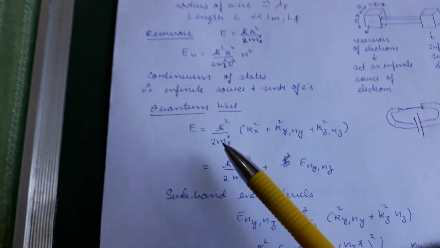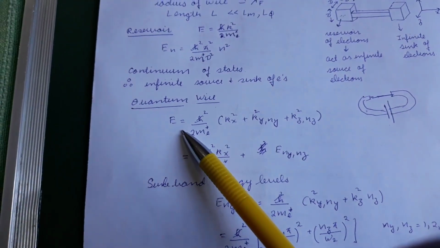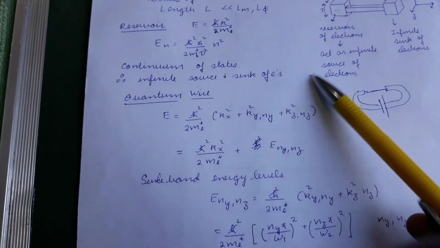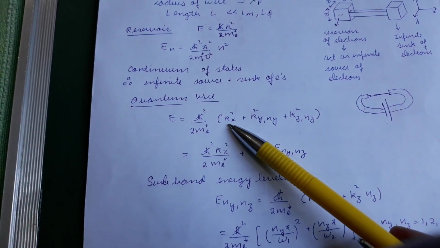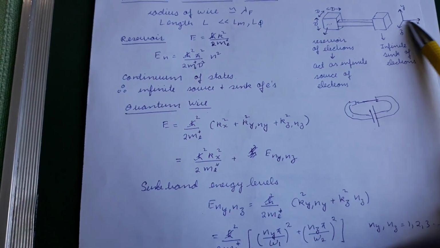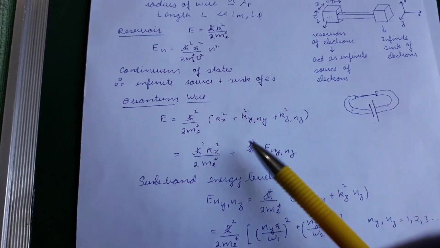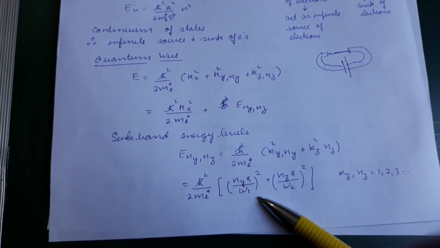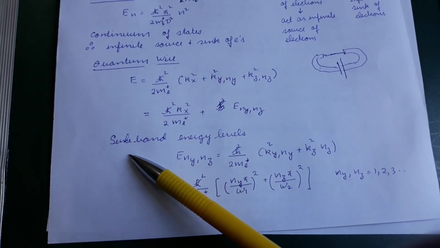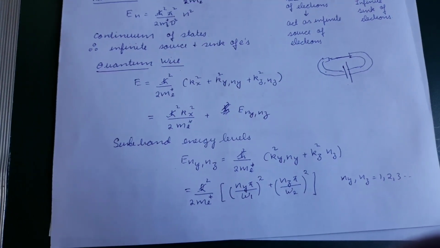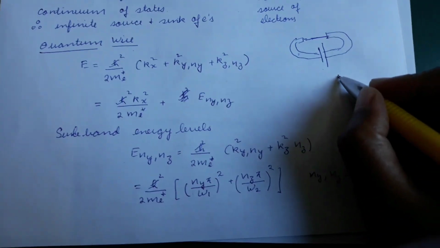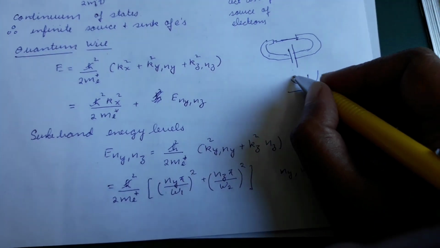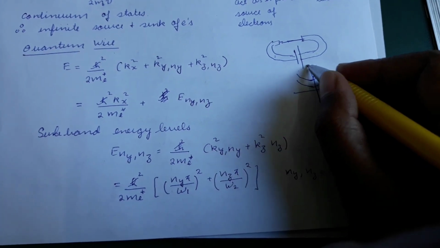We found earlier that the energy for a quantum wire is given by ħ²k²/2m, where k is quantized in two directions and continuous in one. In the x direction it is continuous, and in the y and z directions it is quantized. This quantized energy we can take separately and find the difference in energy levels, the energy subbands, because in these wires you have those subbands. If you remember, check the density of states lecture, and you will see these subbands, these parabolas.